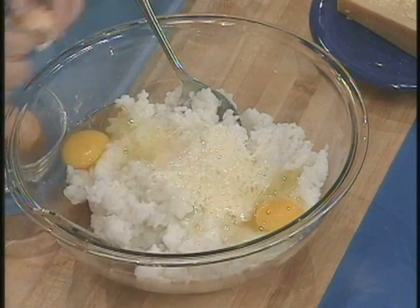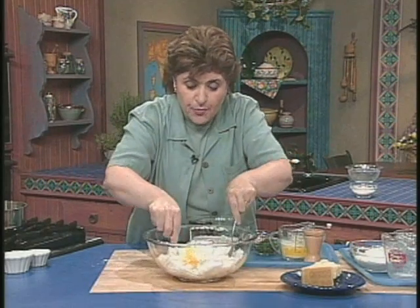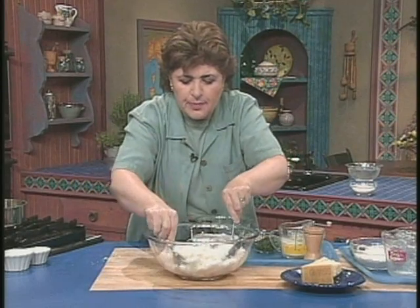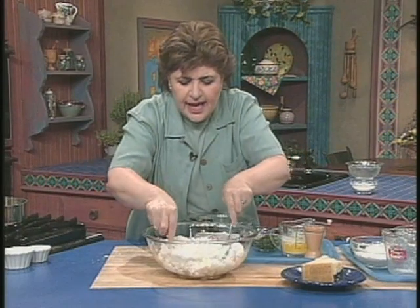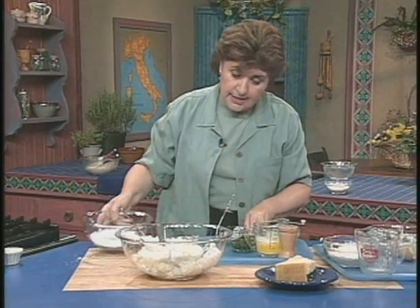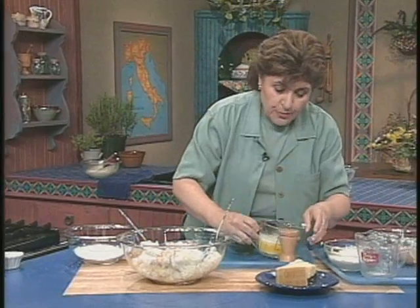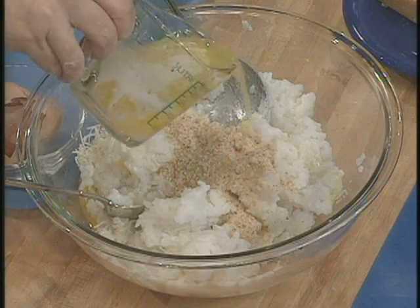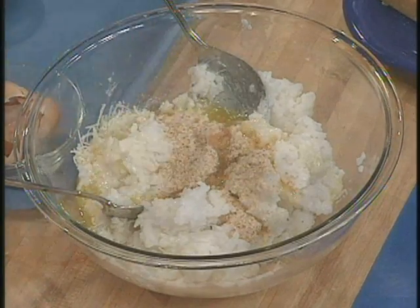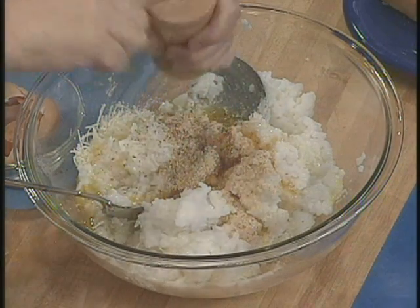And for this, instead of the flour inside, we want to have breadcrumbs. So mix this all up so you get all of the egg and the cheese all well mixed. And pretty soon I'm just going to put my hands in there because that's the easiest thing to do. Here are the breadcrumbs. And we want a little bit of butter. So that goes in. Now you can see why this is in the northern Italian tradition, because it uses butter